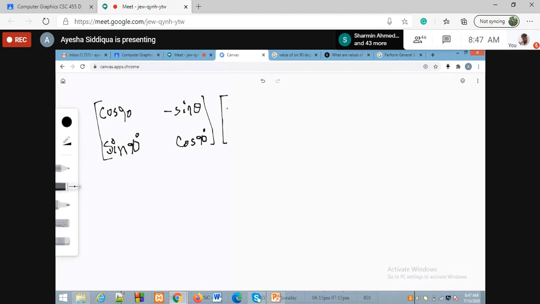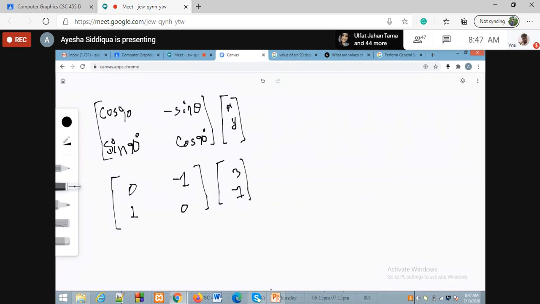In case of two dimension, that is x and y. So what we can get, that is for cos 90 degree we know, so it will be 0, then sin 90 degree is 1, so we will get -1, then sin 90 degree again we will get 1, so cos 90 degree we will get 0, right? And for x1 you will get 3 and -1. So how 3 and -1 came?